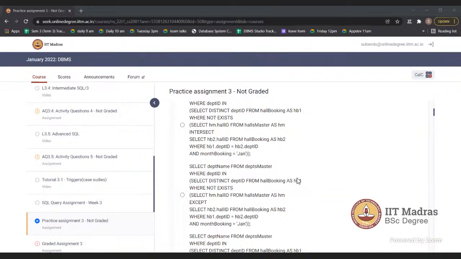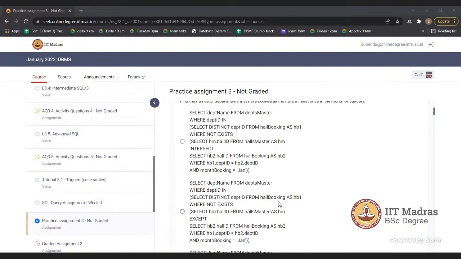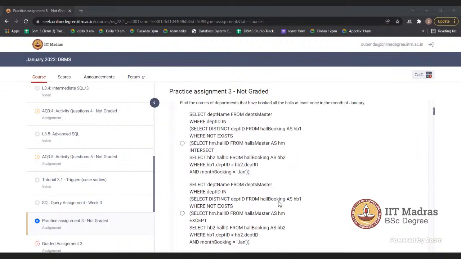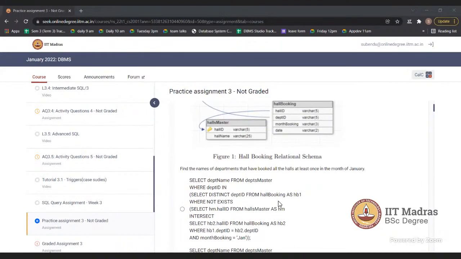So that particular department ID will not make it into the IN clause, I mean, it will not be in the list of the IN clause.